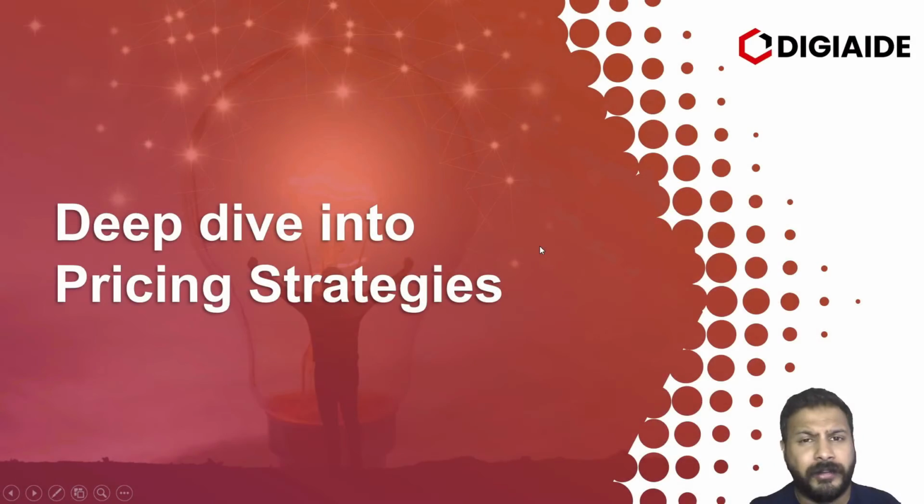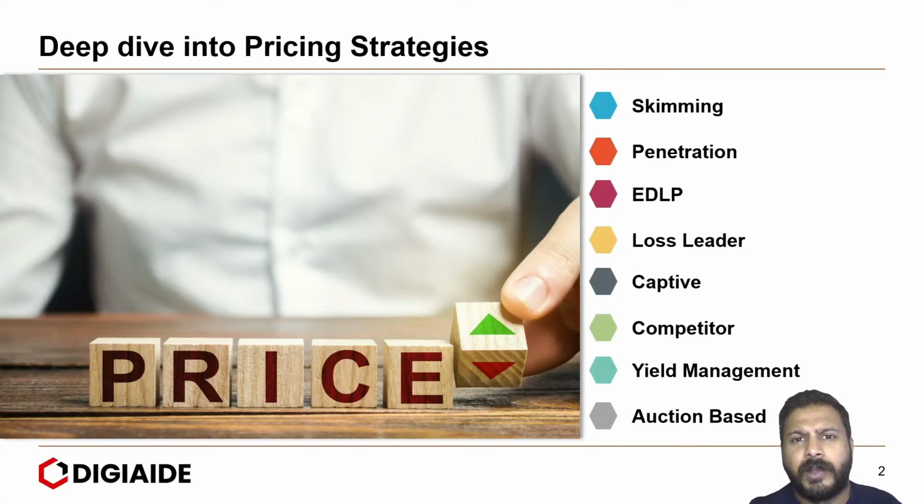Let's start with a deep dive into pricing strategies. Now there are ballpark 8 of them, starting with skimming, penetration, everyday low prices, loss leader, captive, competitor pricing, yield management, and finally auction-based pricing. Now let's look at each of them briefly along with suitable case studies and examples, starting with the first one,